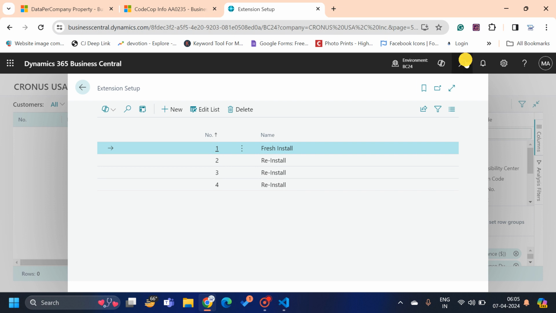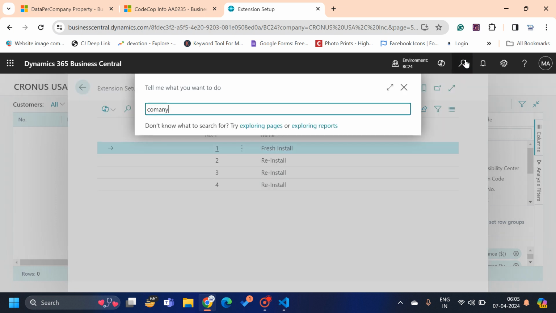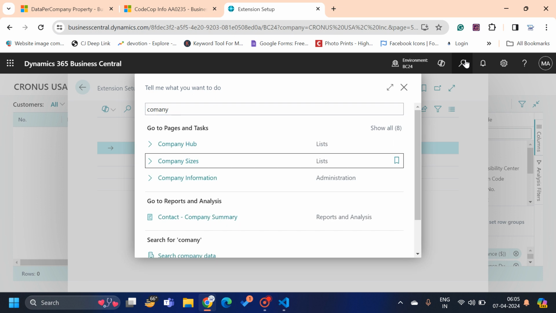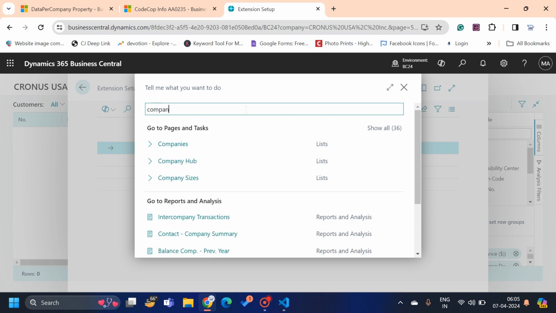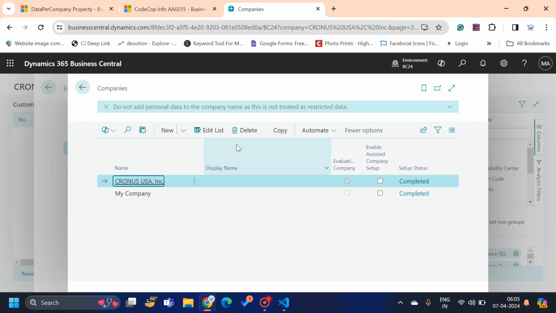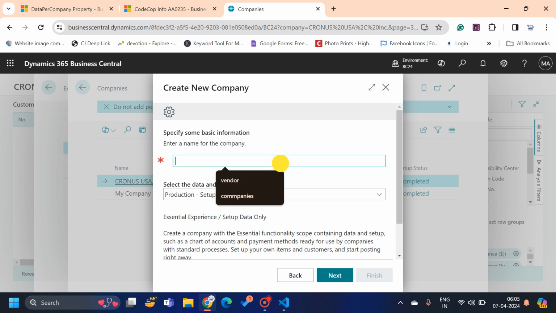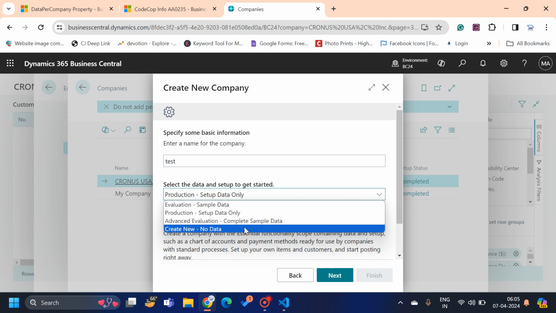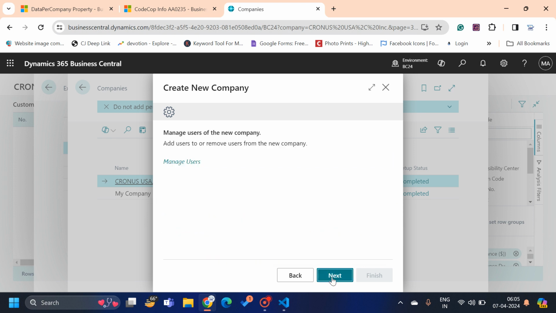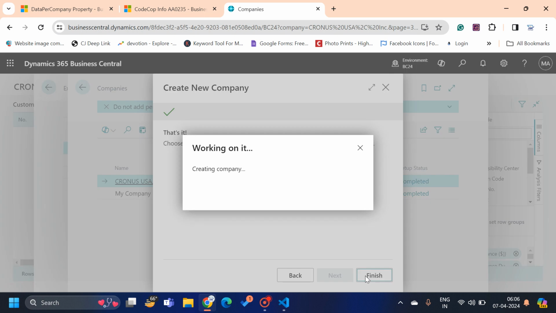Okay, let's see the third scenario. If I go to the company, let me type company, and here I'll create a new company. Next, and name it as, let's say, test without any data. Click on next, next, finish. Okay, so it will take around 1 minute, not more than that, because I'm creating a new company